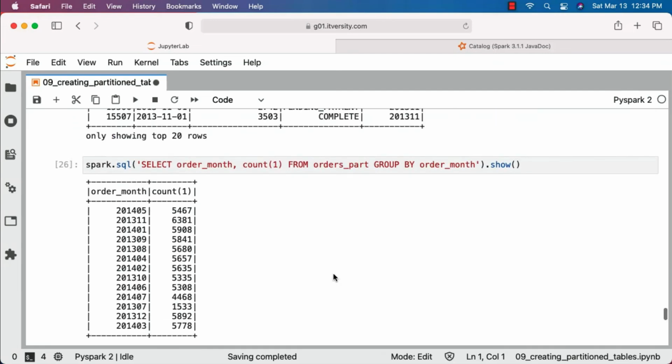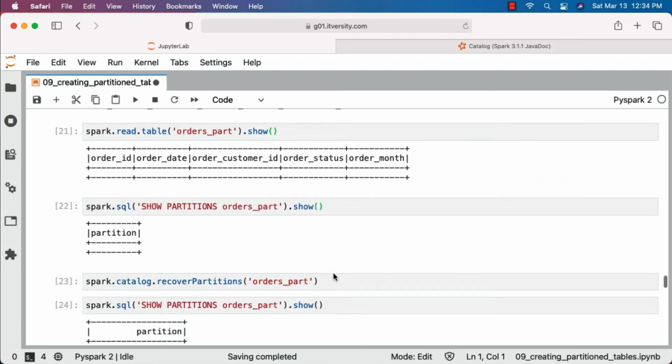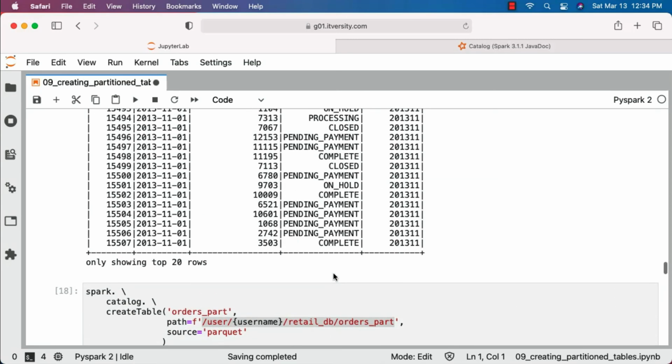This is how you should be able to create a partitioned table using spark.catalog.createTable function. However, it is not very commonly used, but sometimes you might have to support the code with that format. Unless and until you are aware of these things, you will not be able to support. Make sure you understand the nuances related to spark.catalog.createTable, its limitations and all by practicing so that you can leverage whatever is convenient to you while implementing as part of your applications when it comes to developing data engineering applications using Spark.